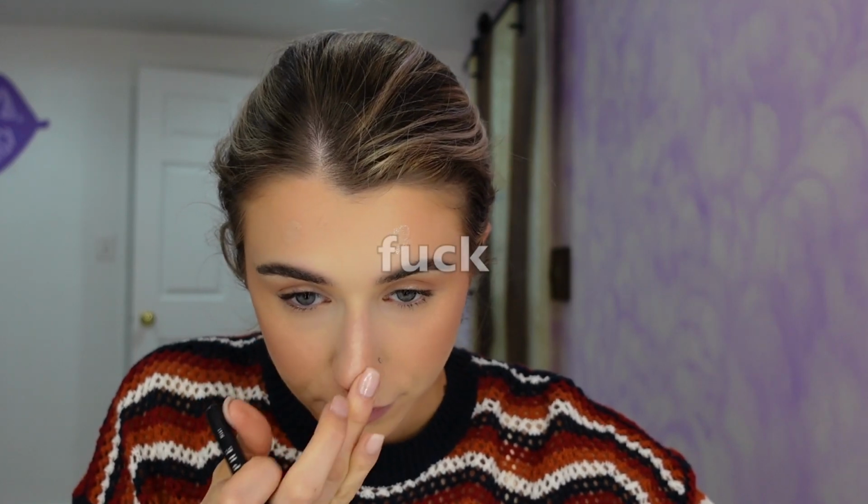I'm so upset I didn't discover this sooner. This is gonna be so nice in the summer with a tan. I think they have a more golden one. This one's more of a champagne highlight, but I feel like the golden one would be really nice in the summer. All bronzed up with that, like no makeup with that on. I'm gonna take my blush brush and just sweep over it so it